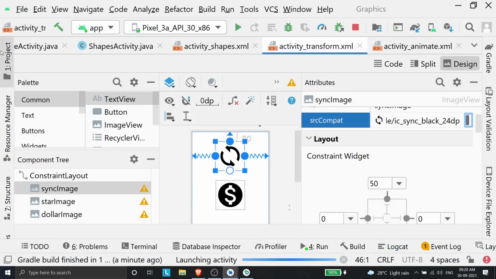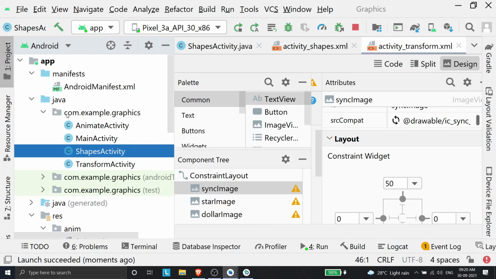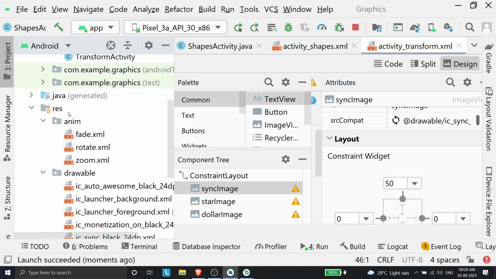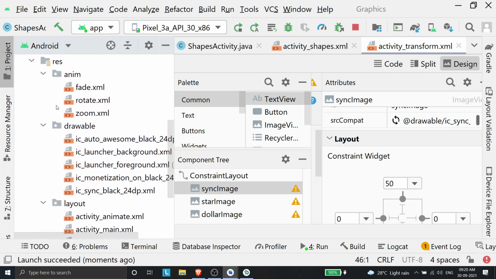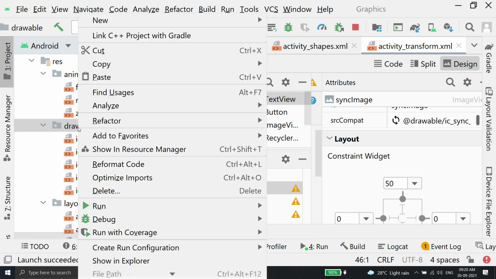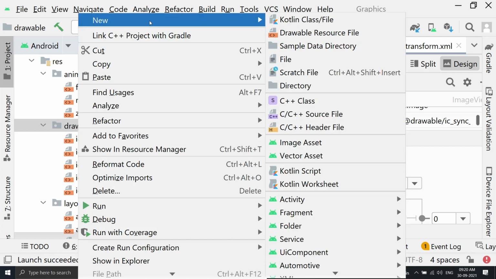To import images like this, you need to go to Project. Once you go to Project, you will see this directory tree structure. Inside it, you go to the res folder. This is where you will place all your XML and the other assets for your project. Inside the res folder, you will find something called drawable. If you right click the drawable folder, go to New and then Image Asset or Vector Asset, you can import SVG, PNG or JPG files onto your Android project.